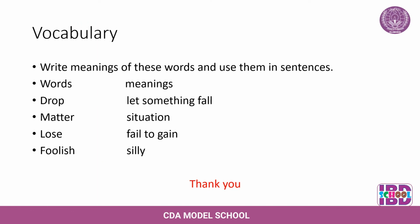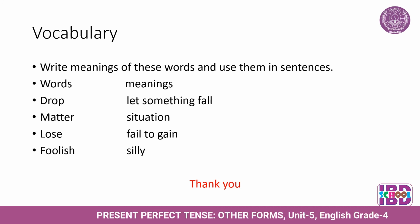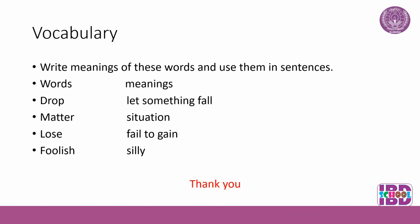Write meanings of these words and use them in sentences in your copies. Drop means to let something fall. Matter means situation. Lose means fail to gain. And foolish means silly. Students, do your work in your copies and send it to